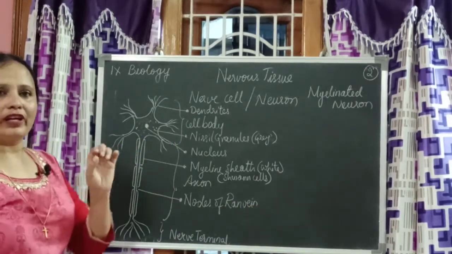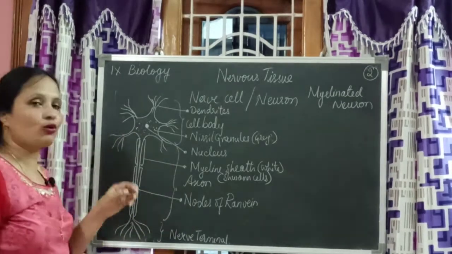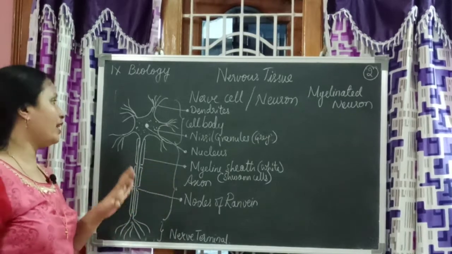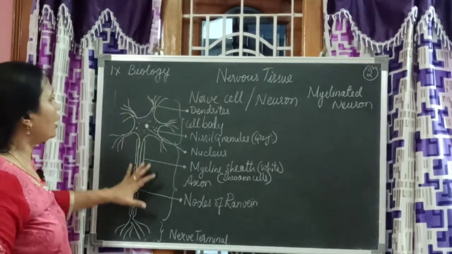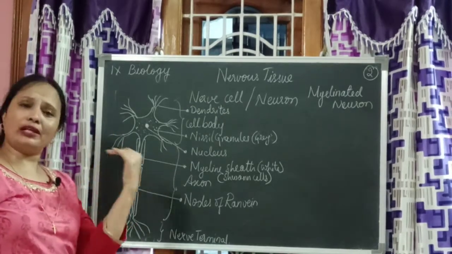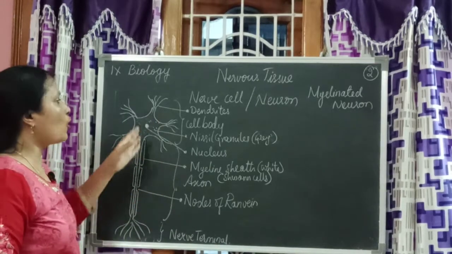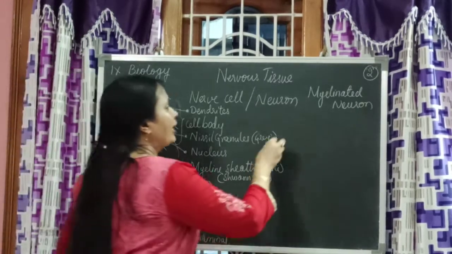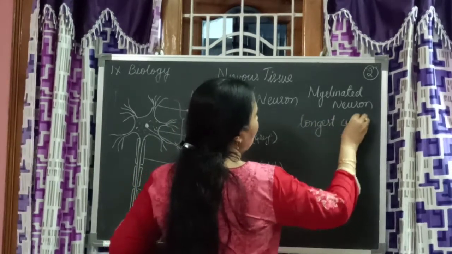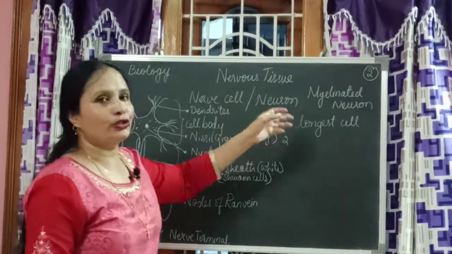In leaves, where they arise, we call them nodes and internodes. Like that, you remember, this is a node. The gap between the myelin sheath on the axon is called the nodes of Ranvier. Now, this is how a nerve cell looks. Compared to all the remaining cells that we have learnt till now, this is the longest cell. This is the longest cell, the first important thing, and it is also called a nerve cell or neuron.